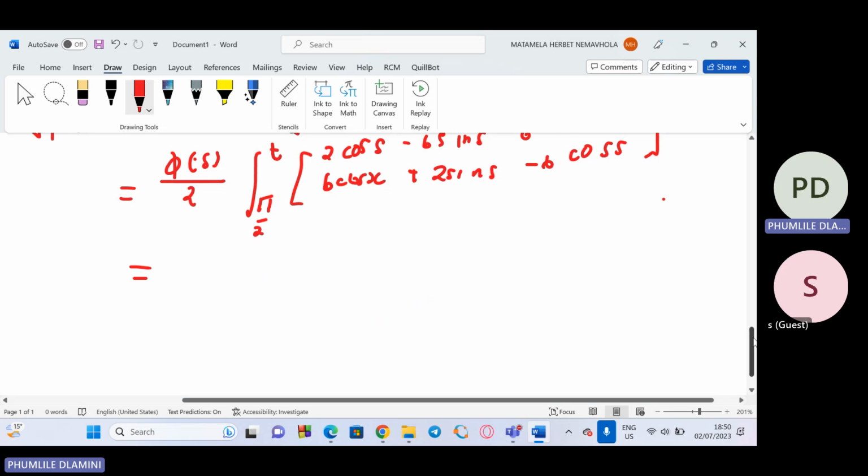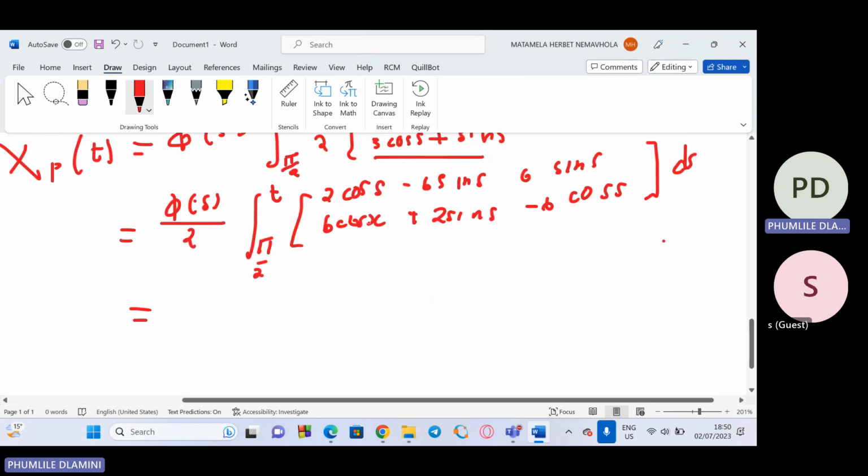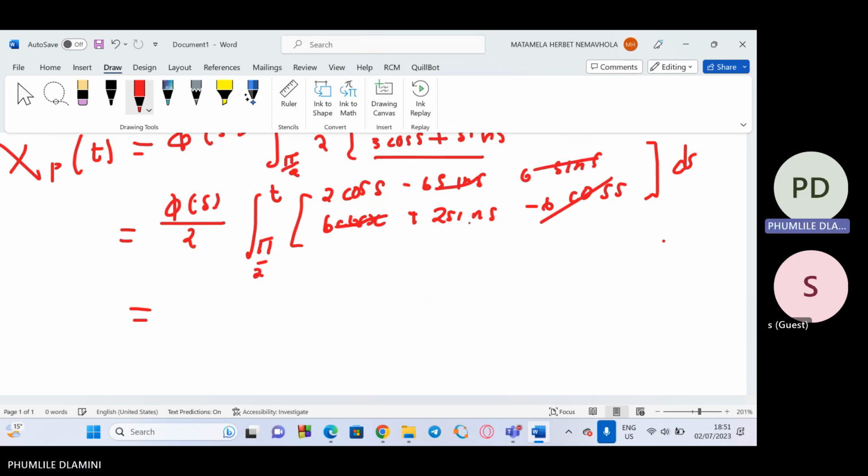so if we check here, in this matrix you will see that we have some things in common, whereby when we have some things in common, there are things that are going to be canceling here. This one here will cancel with this one, and this one will cancel with this one. Then you will remain with, I'm just going to write it perfectly so that you must not be lost. Then we're going to have q